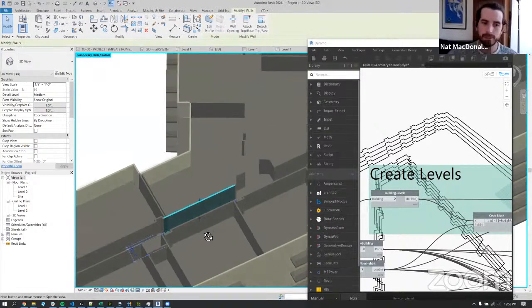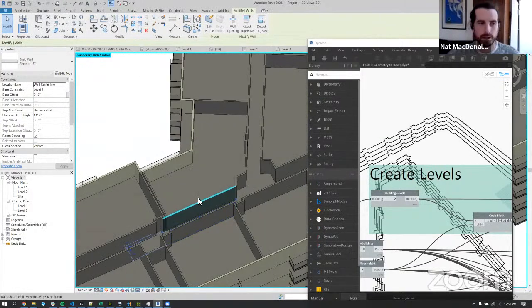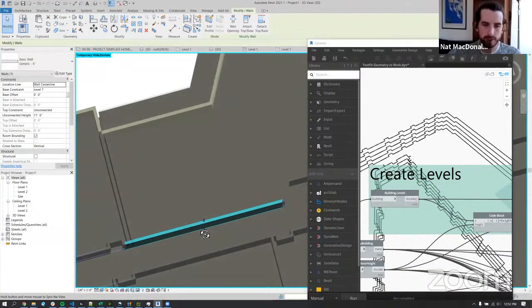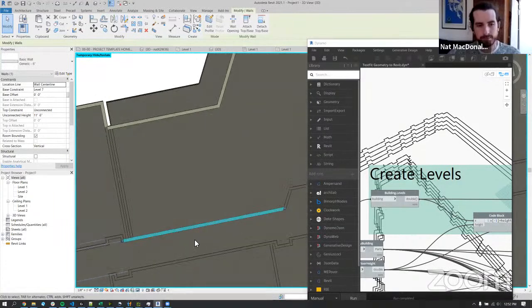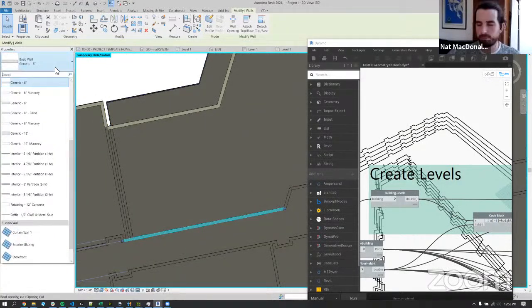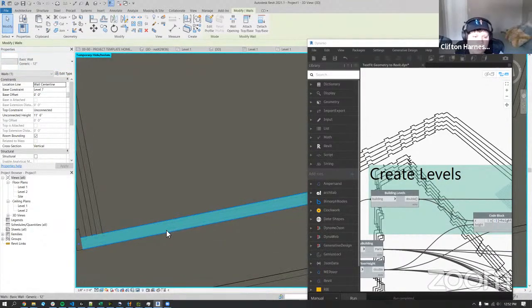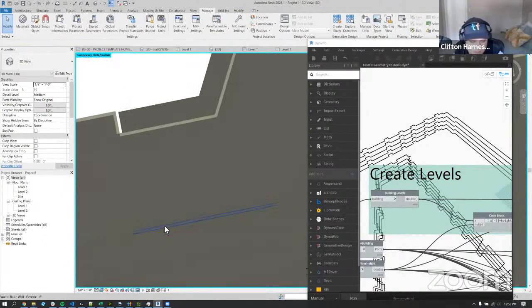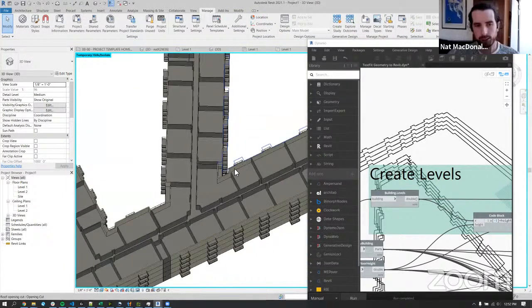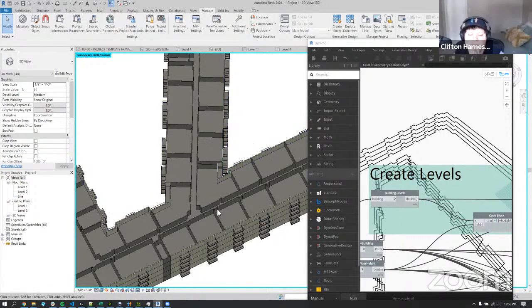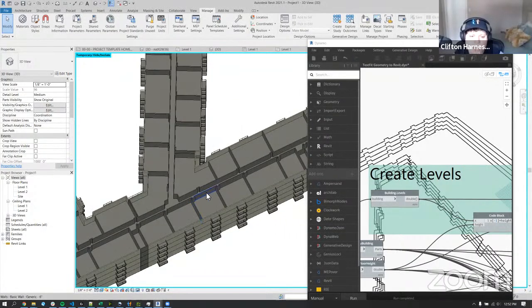Yes. So they're drawn by center line, and then I believe Revit will just put the thickness of whatever the wall is. Yeah, so you can kind of see that works well. So we might need to look into the placement of those walls too, because right now,